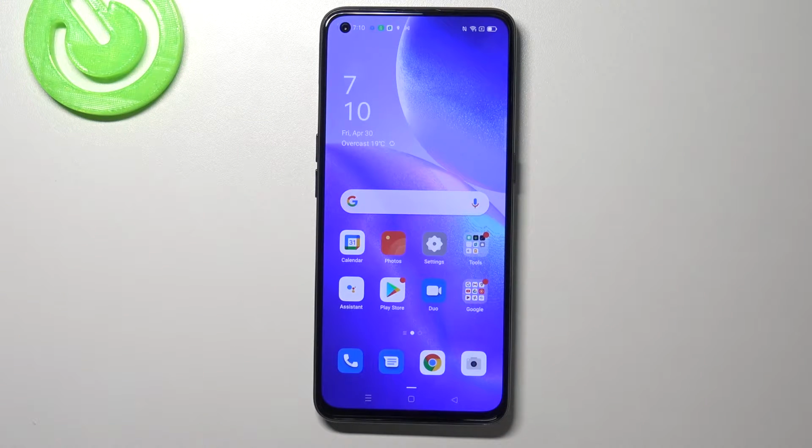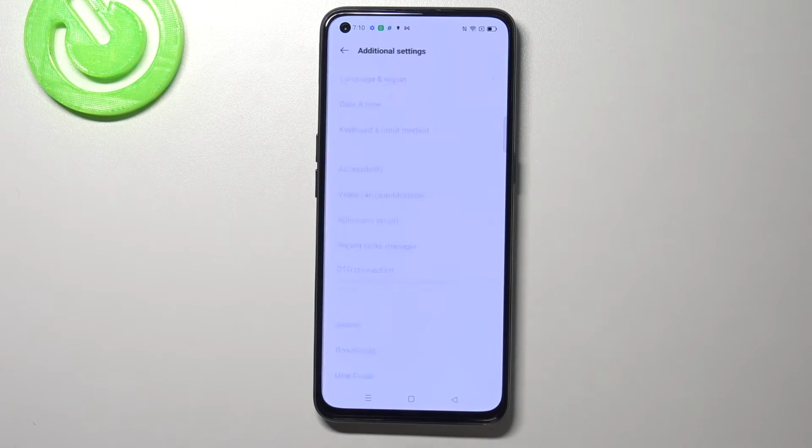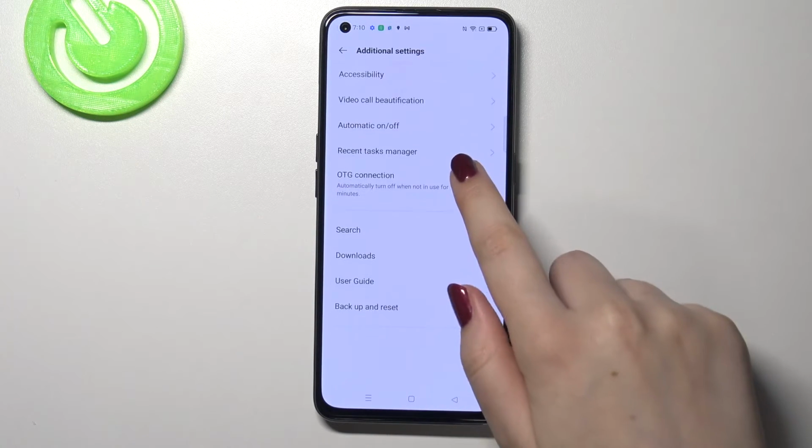Hi everyone, here we've got an OPPO Reno 5 and let me share with you how to reset settings on this device. So firstly, let's enter the settings, let's tap on it, and here we have to scroll in order to find additional settings. Now let's scroll down again, and at the very bottom we've got backup and reset option,